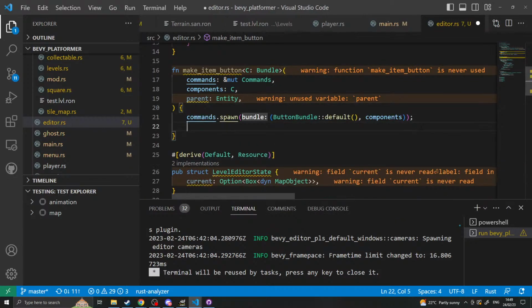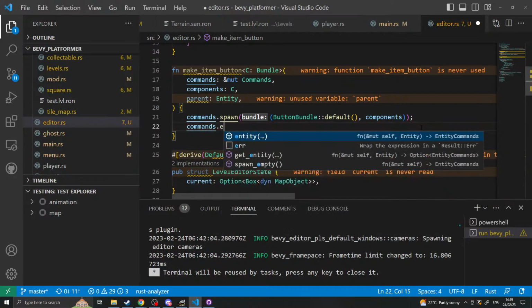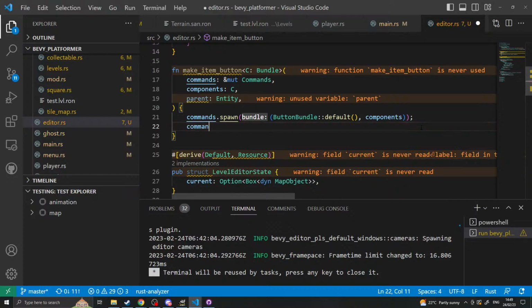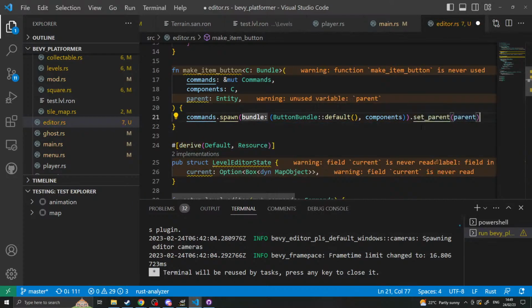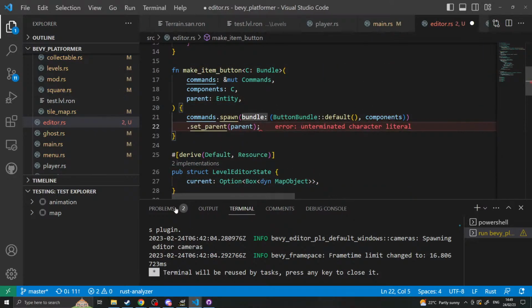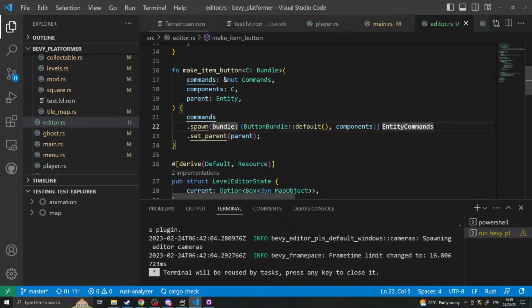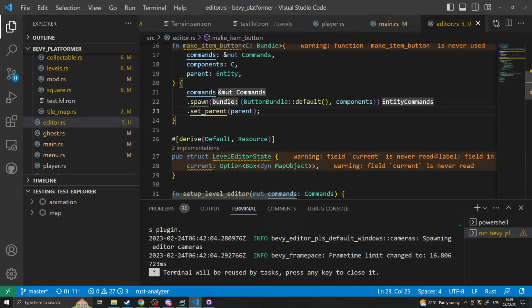And then like dot commands dot entity. I don't know. Isn't this dot, like, that's set parent, like so? So we could do that. No, but I don't think that'll work because